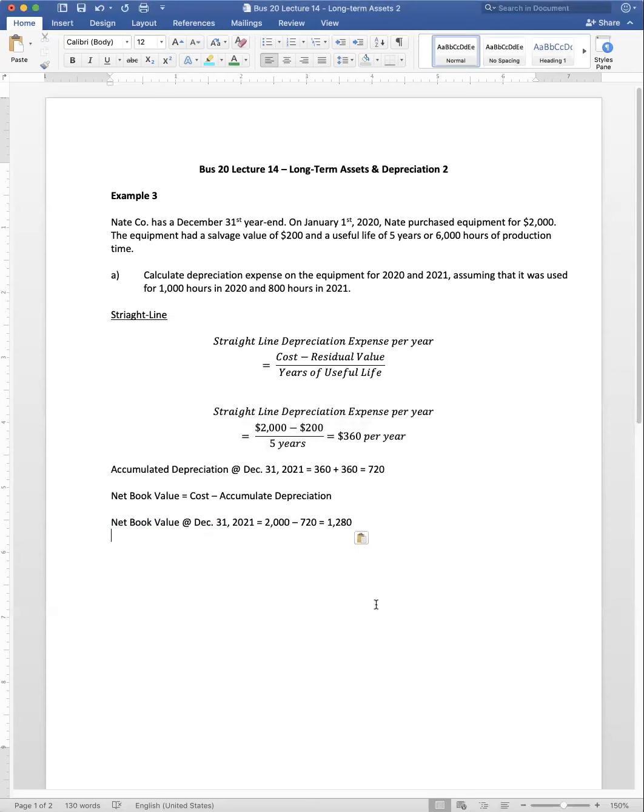Okay, so those are just 3 different ways I could ask a question about depreciation, and all of them would require you to know how to calculate the depreciation expense for each individual year. Okay, let's try this again using the unit method or the units of production method. Now, under units of production, remember we calculate depreciation expense per unit. So we do that by taking the same cost minus residual value and dividing by the units in the useful life. And if we put in the information from this particular question,